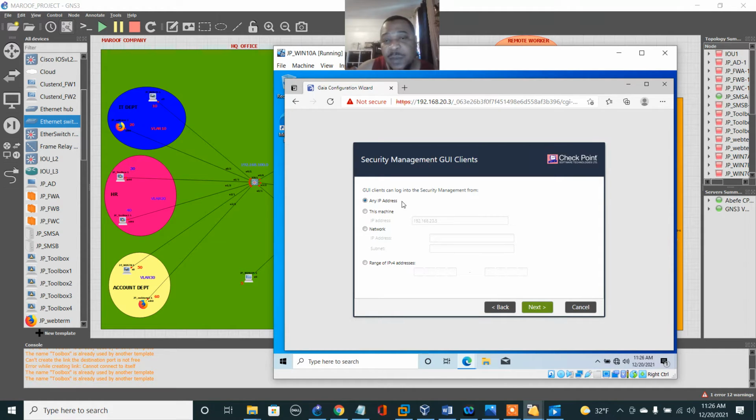Any, this one tells us GUI clients can log into the security management from any IP address. I don't want any IP address. I don't want any machine. I want it from the particular network. The network I'm picking is